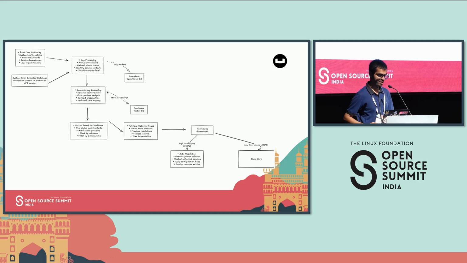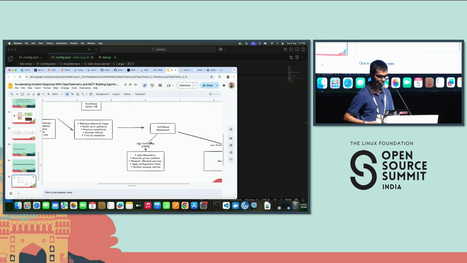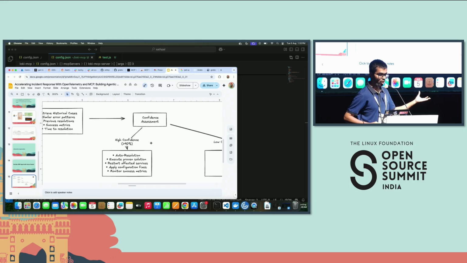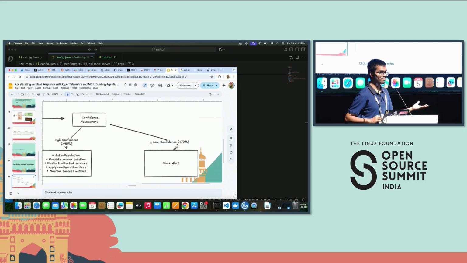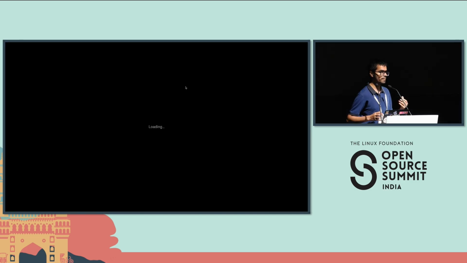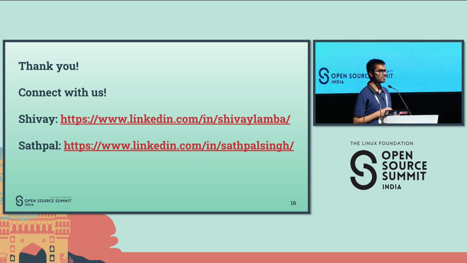And create an automated incident report management. So you'll see here, if I zoom in a bit more, you can retrieve those similar incidents and get auto resolution. Or in the case that the agent was not very confident, you could go ahead and create a Slack alert with the Grafana MCP server. This way we are showing you how you can incorporate MCP and agentic use cases to resolve all of these different problems in real time.